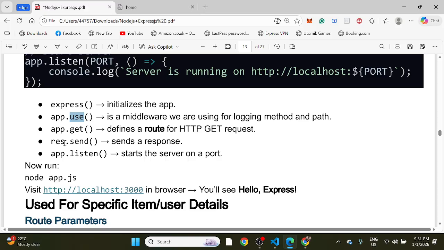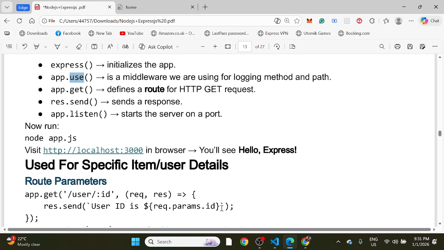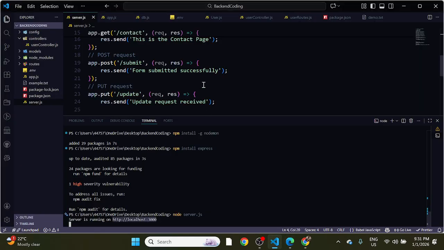Then we are using res.send to send the response, whatever response you want to send based on the request. And app.listen is used to start the server. Suppose let's see this one. If I am making some changes here,